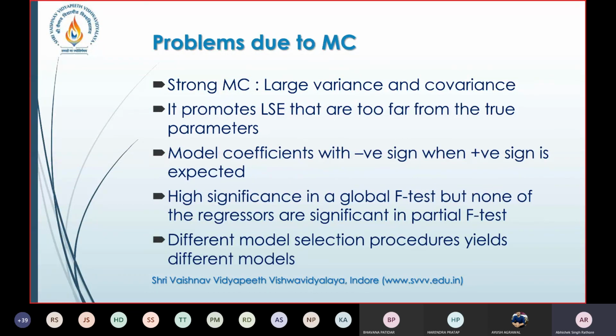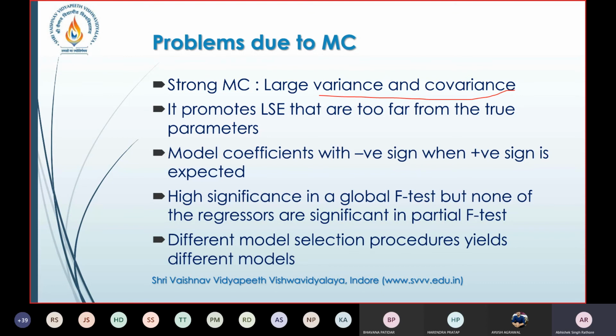Then it promotes least squares estimates that are too far from the true values of the parameter. मतलब मेरा वेरिएंस, कोवेरिएंस बड़ा है, इसका मतलब ये है कि जब मैं least squares estimate लूंगा, least squares estimate मतलब वही, y minus y estimated whole square, तो ये ओरिजिनल वैल्यू से बहुत दूर जाएगा. It means that हमारे पास जो मॉडल के कोफिशिएंट आएंगे, जो नेगेटिव साइन होना चाहिए था वो पॉजिटिव आएंगे, या जो पॉजिटिव आना चाहिए था वो नेगेटिव आएगा. जैसे हमने एक्सपेक्ट करा कि beta 2 जो है वो 2 आना चाहिए था, तो हमारे पास -2 आ जाएगा. या beta 3 -3 आना चाहिए था, वो -2 आ रहा है. So हमारे पास साइन भी चेंज हो सकते हैं.